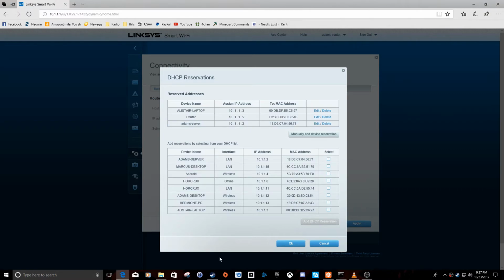Now to reserve an IP address for a new device, let's say we wanted to reserve the IP address 10.1.1.15 so that my gaming PC always got the same IP address. We just click this button, add DHCP reservation, and click OK on my router. So if your router doesn't have a nifty little list where you can just check a box and click add, if it actually just asks you to manually enter a MAC address,